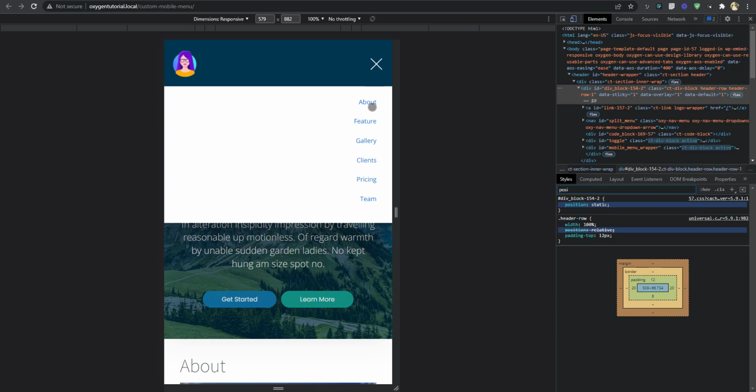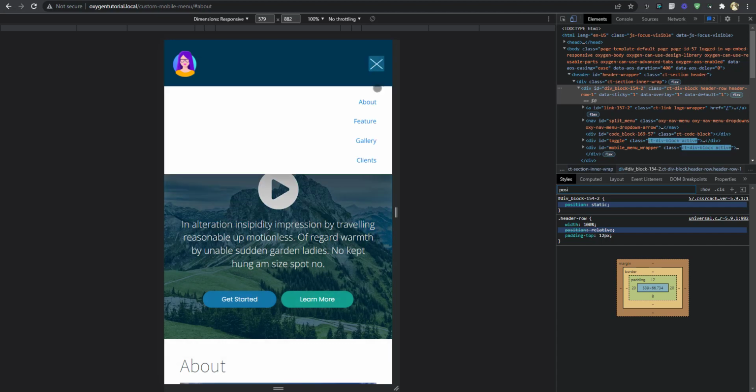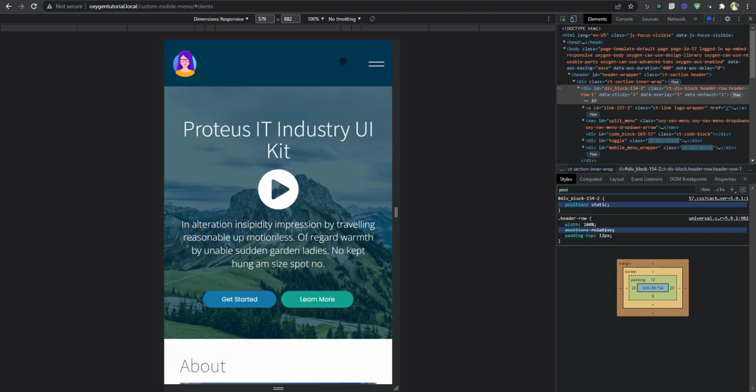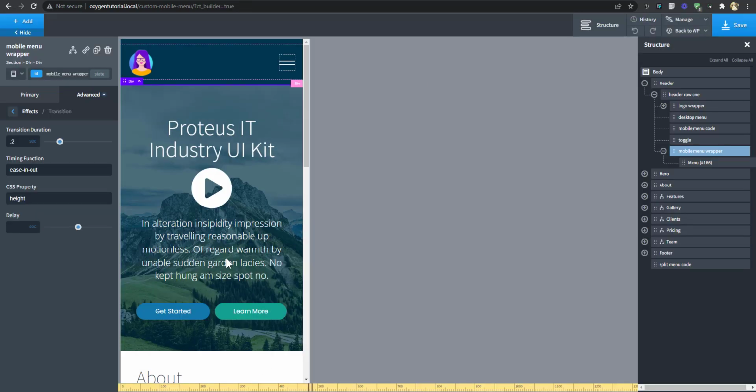Now the next thing is we want a situation where, if I click any of these items, this menu will close, or if I click outside, the menu is going to close. Because sometimes you may have a one-page website where if you click, you don't want the menu hanging on there, so you want it to close. To do that, we need to write a script that will say, if we click on any other place apart from the menu and the menu trigger, just close it. Let's just go in and do that.